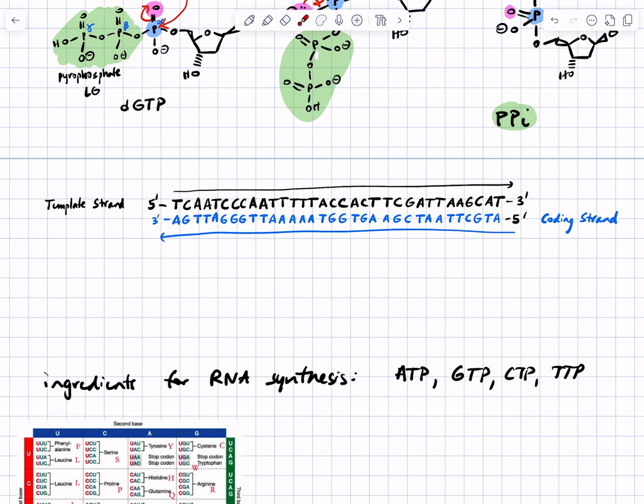How do you know which one the coding strand is? Well, you look for what are called start codons. So a codon is 3